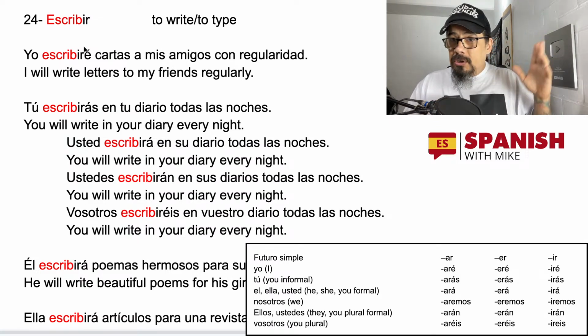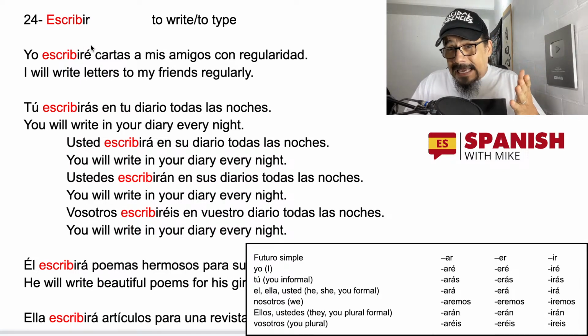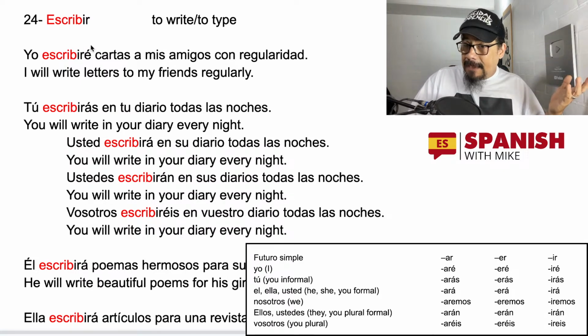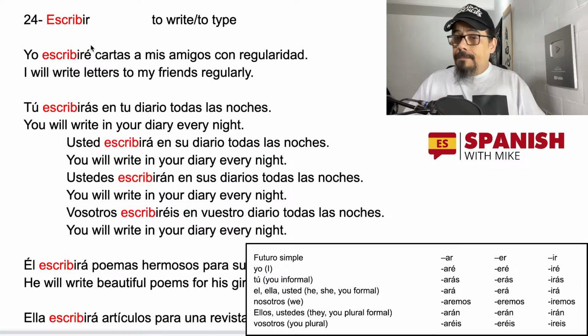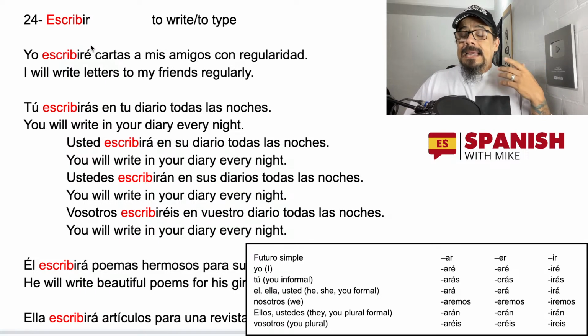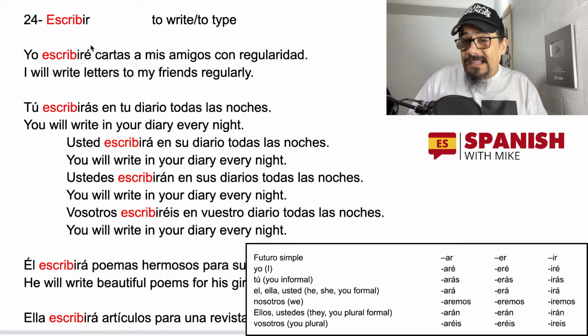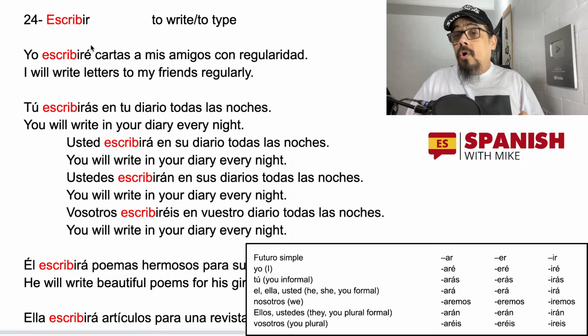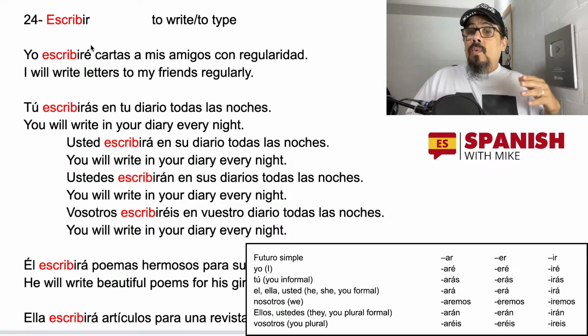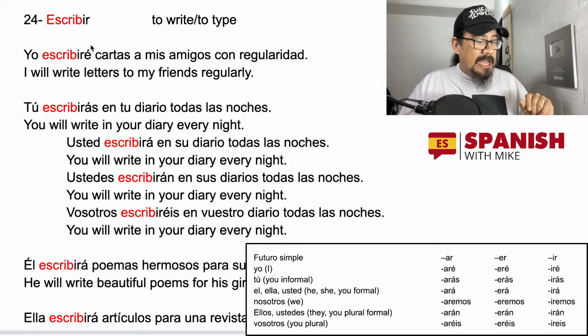before the computers and everything, we used to say escribir a máquina when we meant to type. But now, with computers and everything, if I'm writing on a keyboard, I also say escribir. We can say escribir en el teclado, teclear, but that's basically escribir, whether it is to write or to type. Okay, so